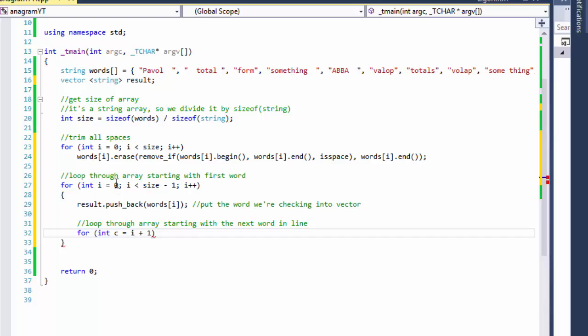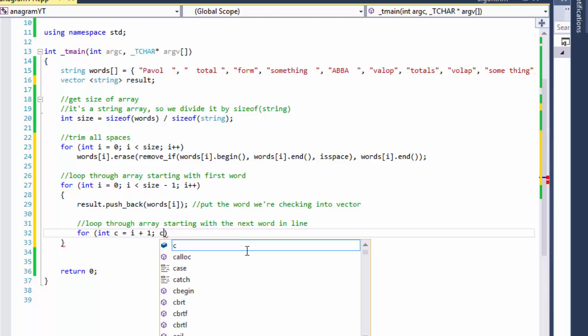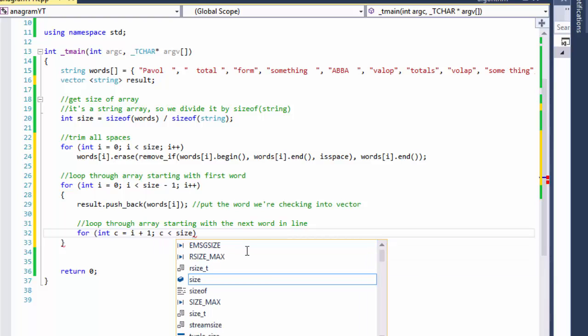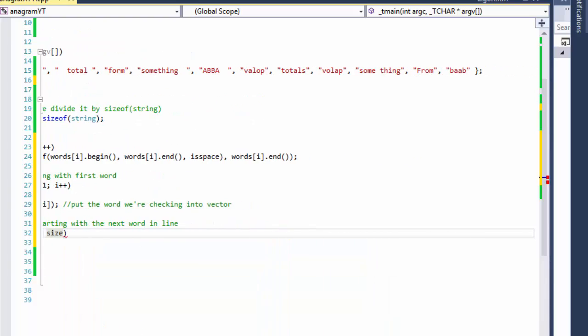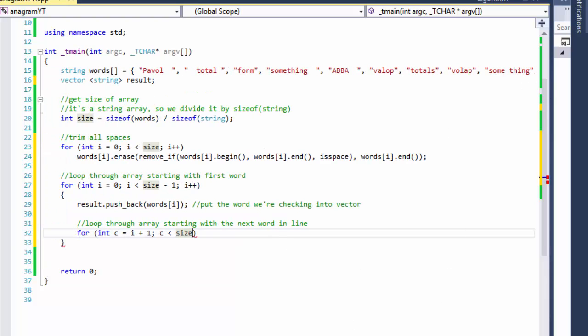That's the next word. If i is 0, c is 1, so i refers to Pavel, c will refer to total. Now I have 2 different words, and we will do c is less than size. We can go all the way to the end because when i equals form, i plus 1 will equal Bob. We still can do that because that's the end of the inner loop, which is okay. It's not going to go out of bounds. So c plus plus,